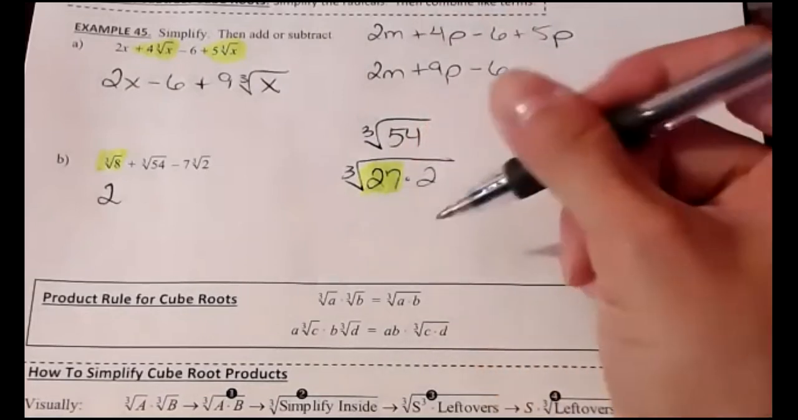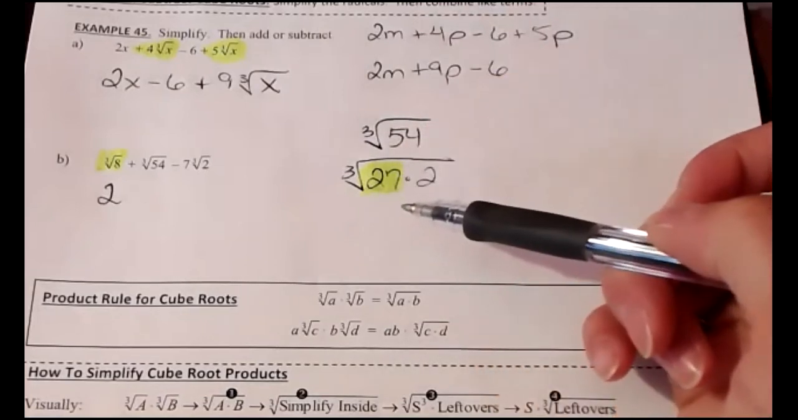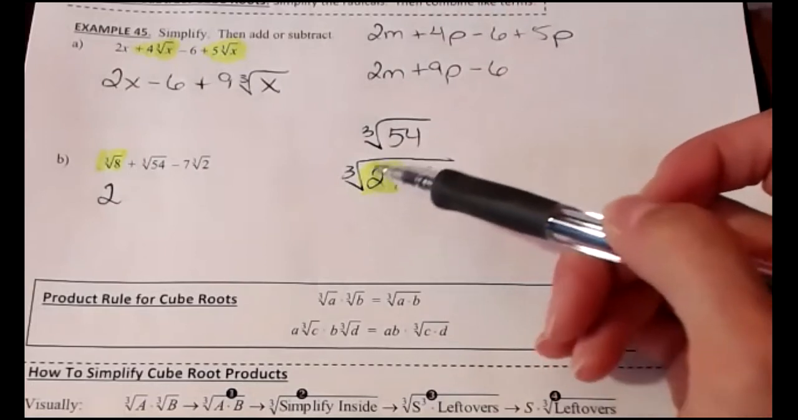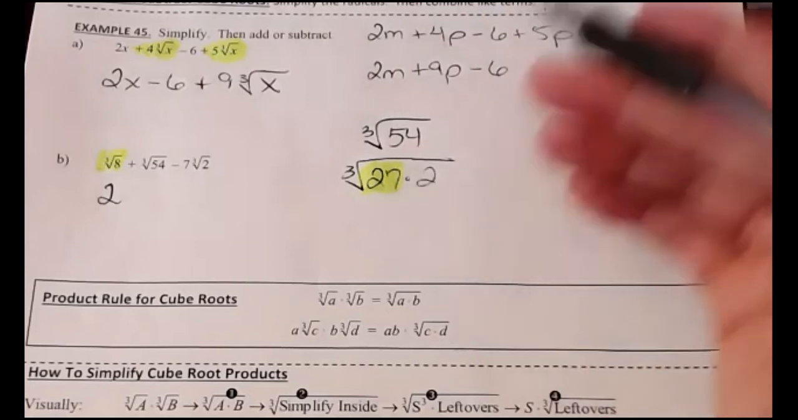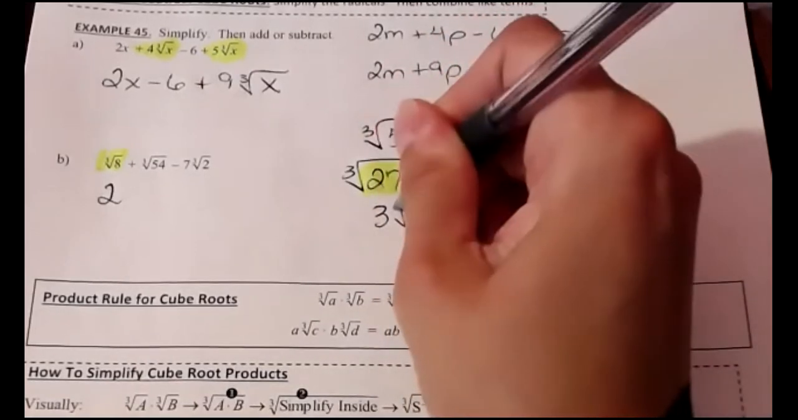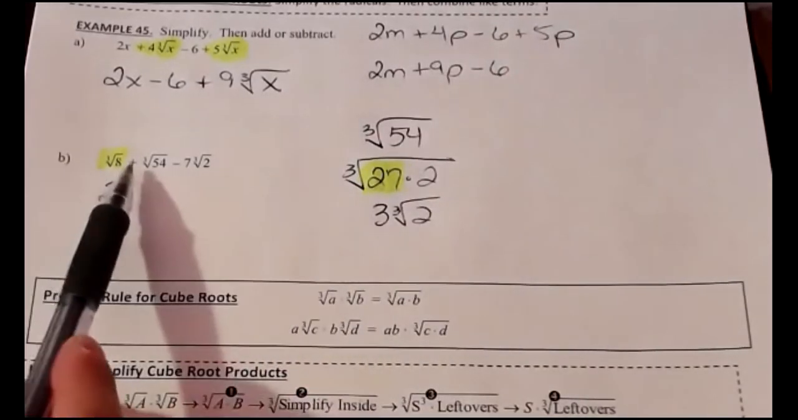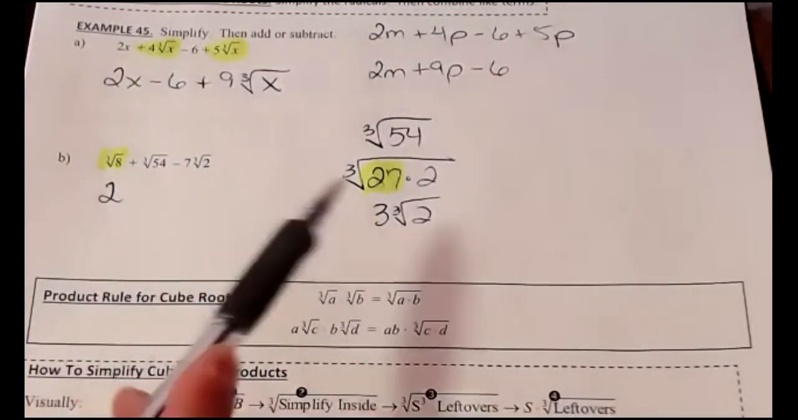2. Because that would be 8. 3. 3, score. Good, I love the teamwork. That's really important. So we're gonna replace cube root of 54 with 3